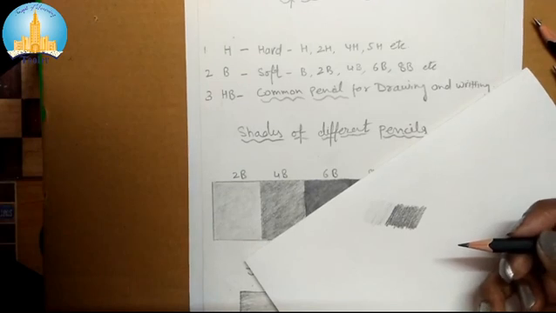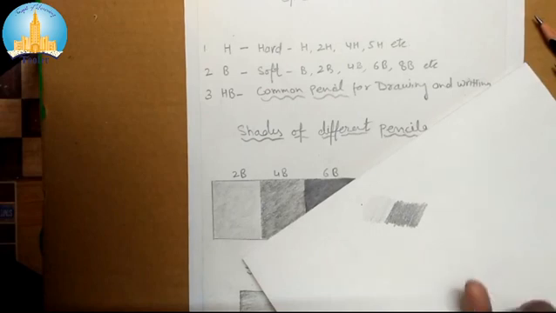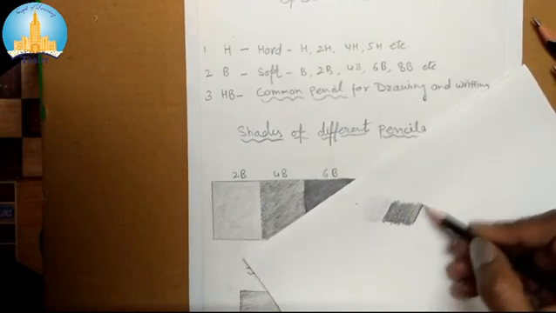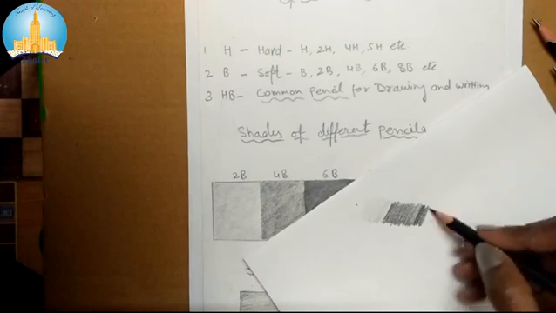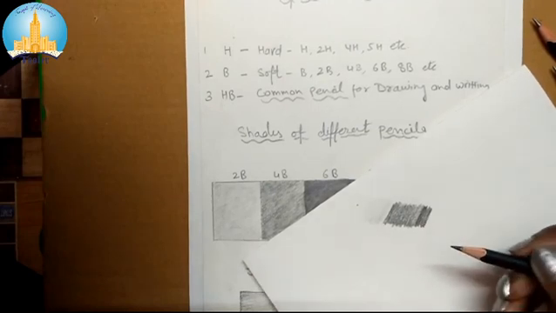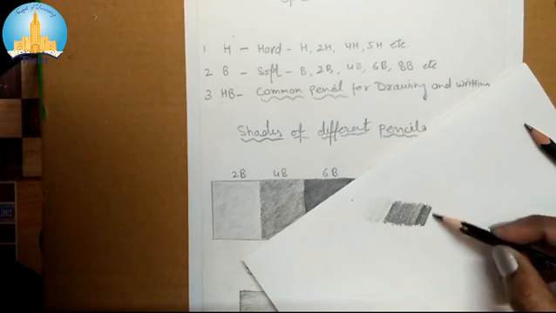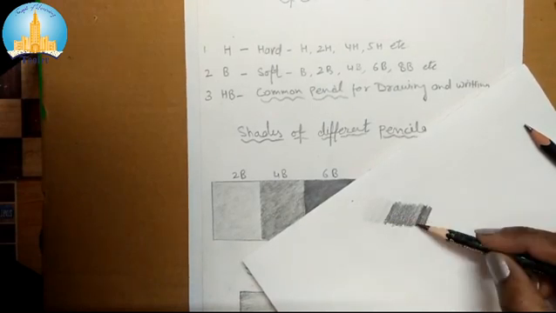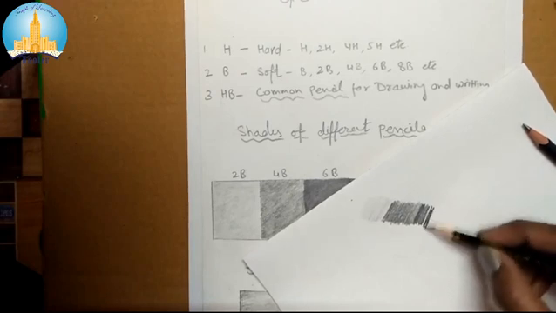But there's a technique, and there's some professionally done work which has been done with different kinds of pencils, so it will be easy to get the desired shades. I can get it from 2B also, but the desired shade and the texture come after using different pencils. You can see I'm using an 8B pencil. Now I have used the 2B pencil for getting these shades, and now I'm getting it with 8B.